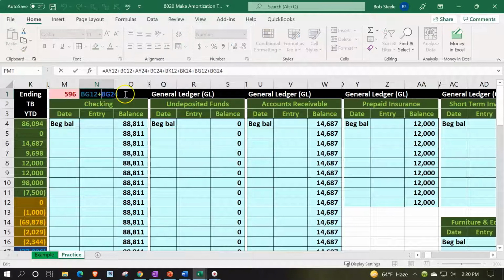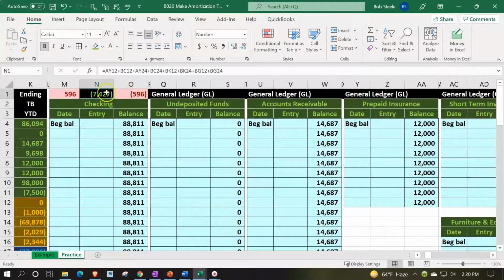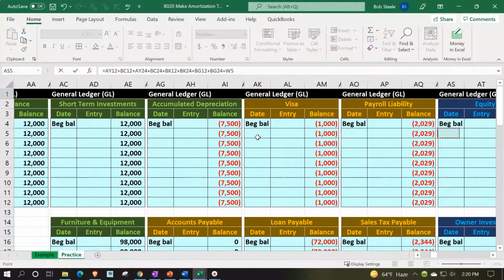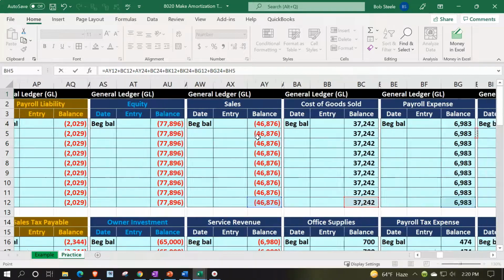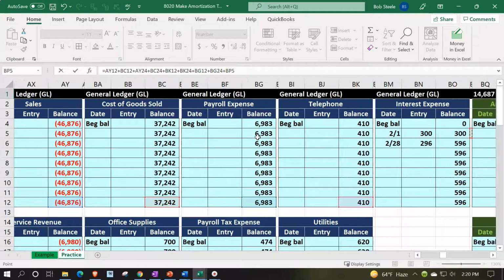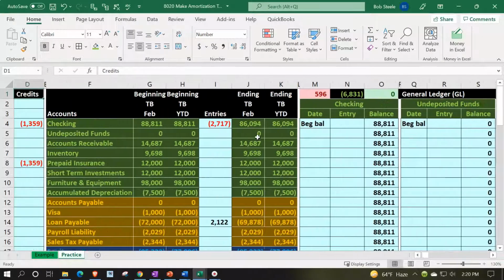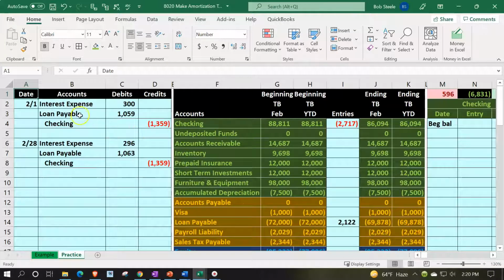Double click in that number. Is that the right one? Yeah, that's right. Go to the end of that one, plus, and then we're going to put it in this one too for my 2 check numbers. So it's included in my 2 checks with the double check, 2 checks right next to each other. Okay, so now we're going to go back on over and we're going to post the loan payable